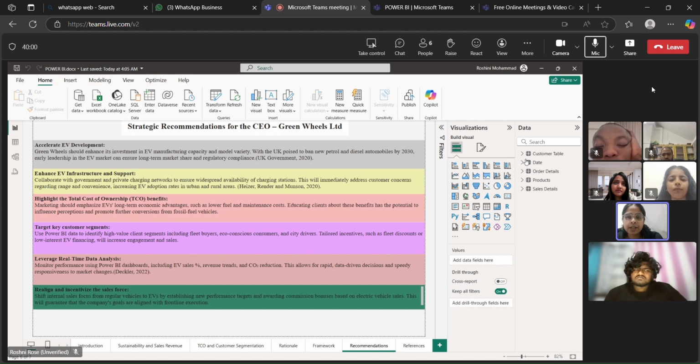Marketing can shift customer perception and adoption by showcasing long-term TCO savings. Leverage Power BI to target high-value segments like fleet buyers and eco-conscious consumers with tailored incentives to boost sales and engagement. Utilize Power BI dashboards for real-time analysis of EV sales, revenue, and CO2 reduction to make data-driven decisions. And realign the salesforce by setting new performance targets and offering commissions for EV sales to align frontline